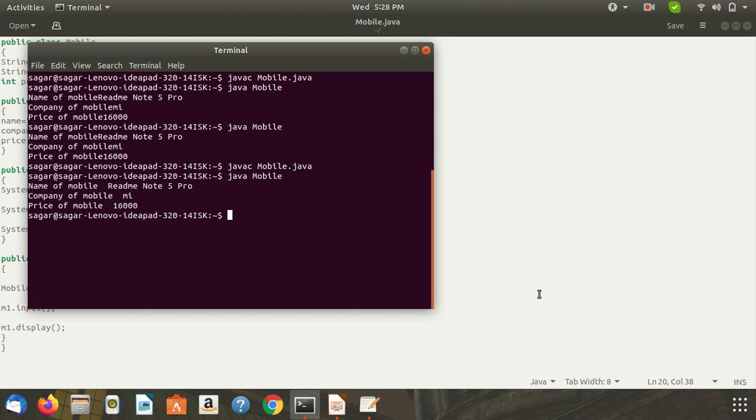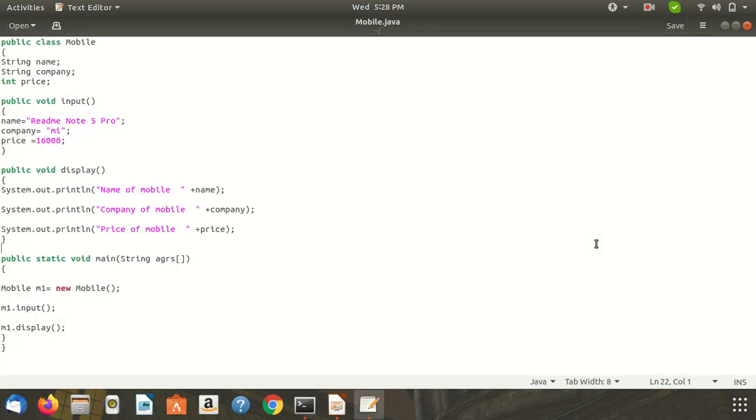So here we have created a single object of the Mobile class and initialized the values for its data members. In this way we have discussed how to define a class, how to create the object of the class, and how to write a Java program using classes and objects.